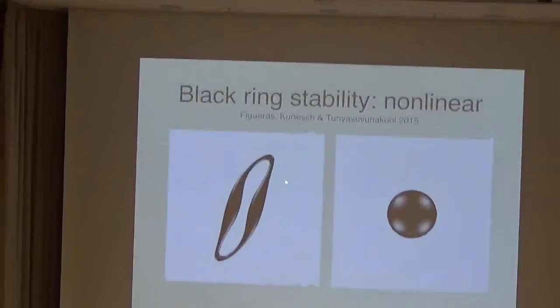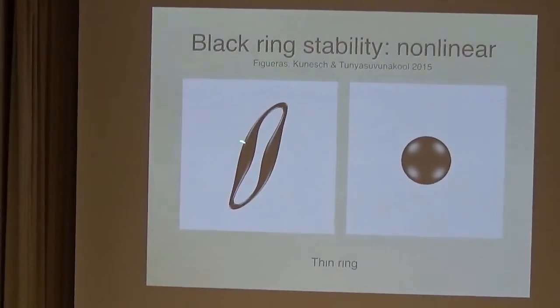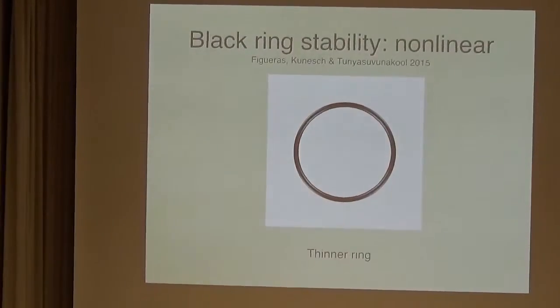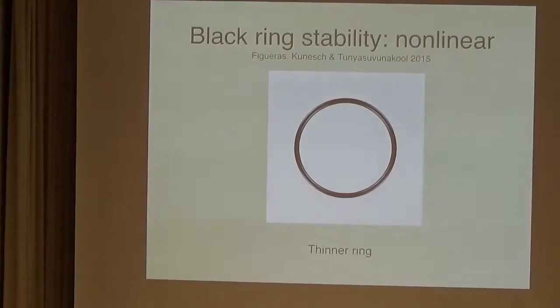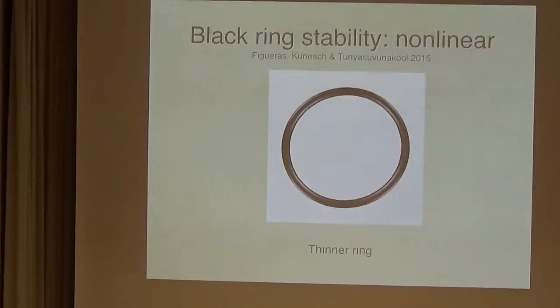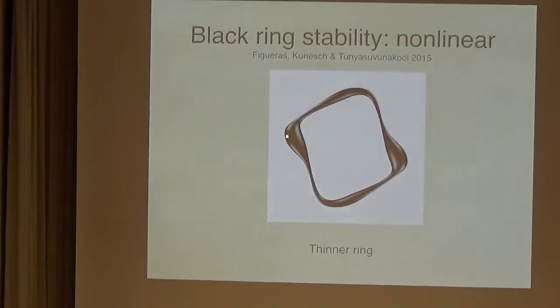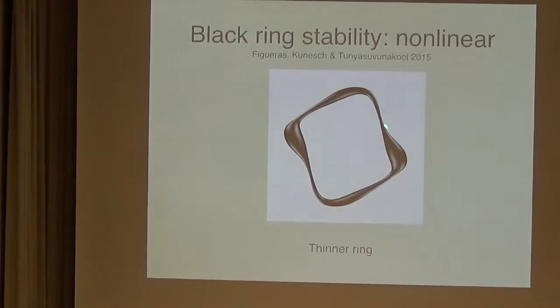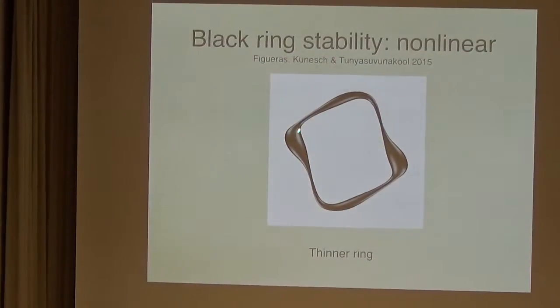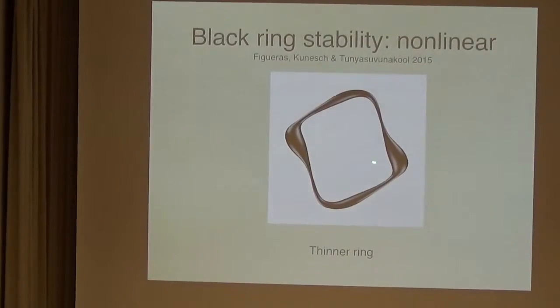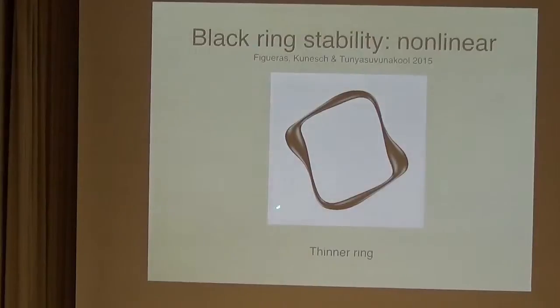But it's clear that if we make the ring even thinner, then these two bulges will be further apart, and it seems more likely that this pinching would have more time to happen. So they've made the ring even thinner. So this is, I think, their thinnest ring. And we'll see now something more interesting. Okay, so this is a slightly different initial perturbation. But you can see that now these two lobes are much further apart, and there's definite pinching occurring here. At this stage in the evolution, again, the apparent horizon finding routine breaks down. But in this case, it's breaking down because these necks are becoming very thin.